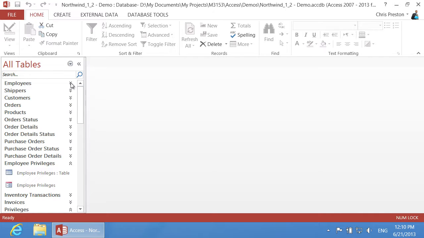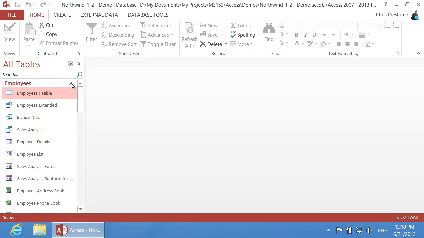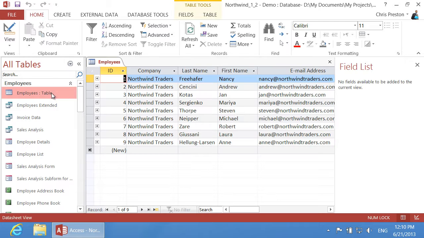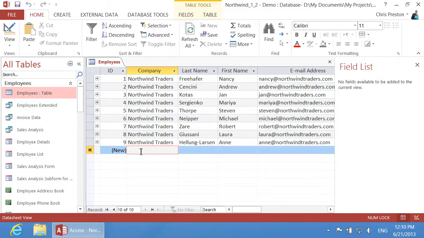The employees group contains not only the employees table, but also related queries, forms and reports. I'll expand the employees group and double-click the employees table. To start off with, we're going to enter data directly into the table. We want to add a new employee, and we can type directly into the table, and so I'll select the